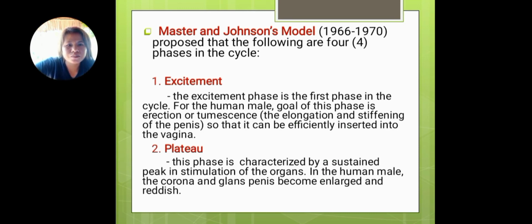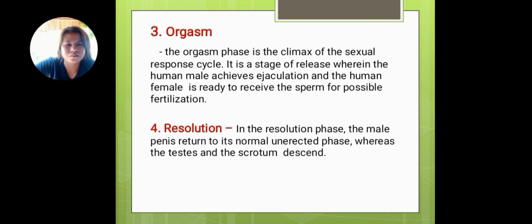The second phase is plateau. This phase is characterized by a sustained peak in stimulation of the organs. In the human male, the corona and glans penis become enlarged and reddish. The general characteristics of the plateau phase, which extend to the other organs: